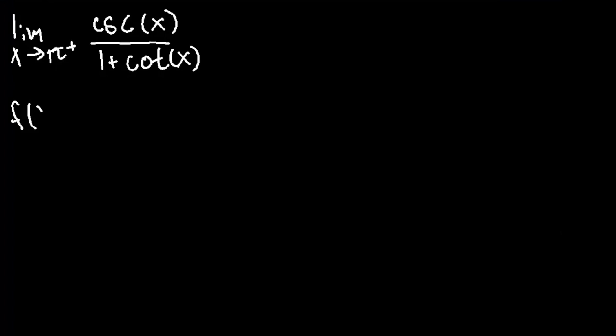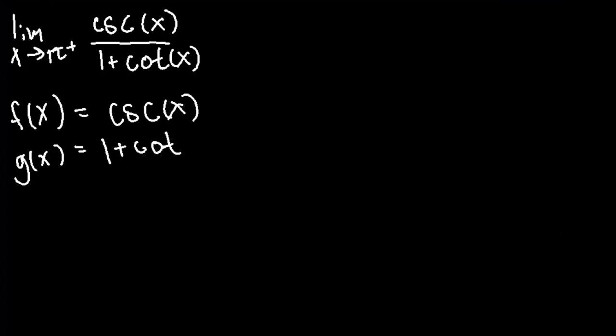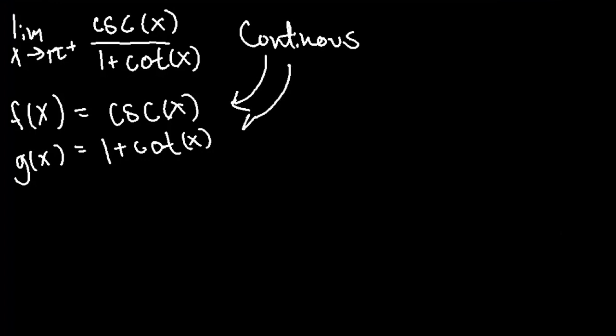We can break this function into two parts. The numerator is f of x, cosecant of x, and g of x is the denominator, which is cotangent of x. Then we're going to clarify that these two functions are continuous, both this one and that one. They're both continuous. However, we know that when we plug in pi,